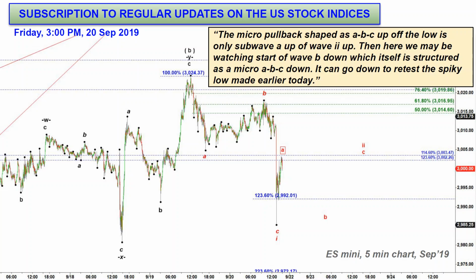And many subscribers of my premium chat made really good money together with me because it was really accurate. Bearish call here, and bearish call here, and bearish call here, by the way. And it's not because I'm super talented, as many people tell me, but because the harmonic Elliott wave theory